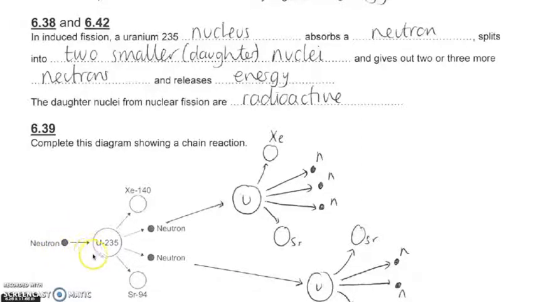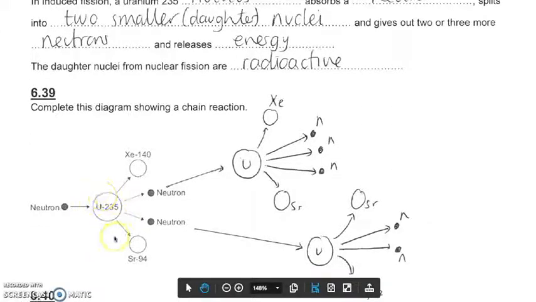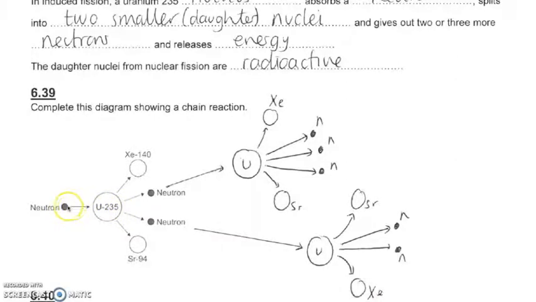We start off with the neutron hitting a heavy nucleus, so an example here would be uranium-235. That slowly becomes more unstable because it's got one excess neutron, which is the momentum has passed on to that atom, into the nucleus. That is going to cause the uranium-235 to split into two daughter nuclei. You don't need to know their names, but to split into two daughter nuclei, and 2 to 3 neutrons are